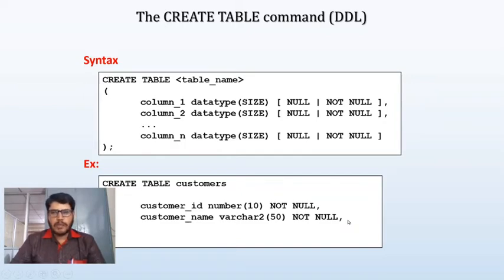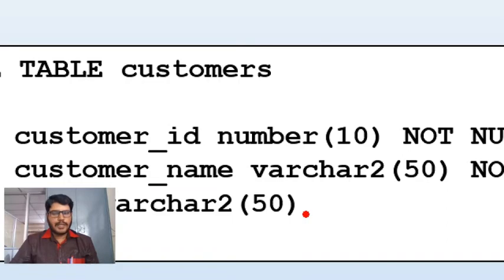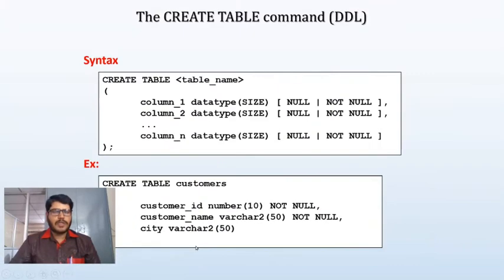So I have one more column definition in this case, that is city. City is the next column for the customers, and varchar2 is the data type and 50 is the size. And if you observe here, I'm not going to mention a comma for the city column. I am not mentioning a comma in this position because this says that this is the last column. So now I have to close the definition for customers. I have to use a closing parenthesis here, and I need to terminate the statement with a semicolon.